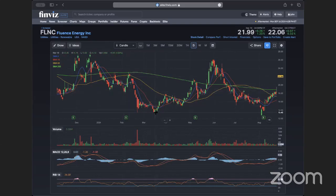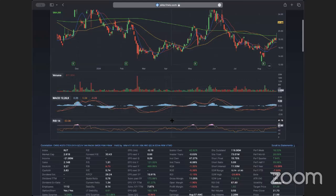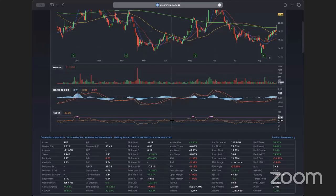Here's another move from 13 to 17. There's a 15 to 20, right? These short-term moves make this more of a trading stock to me. That would be for people who are not necessarily day traders, but more short-term traders. Doesn't pay a dividend,